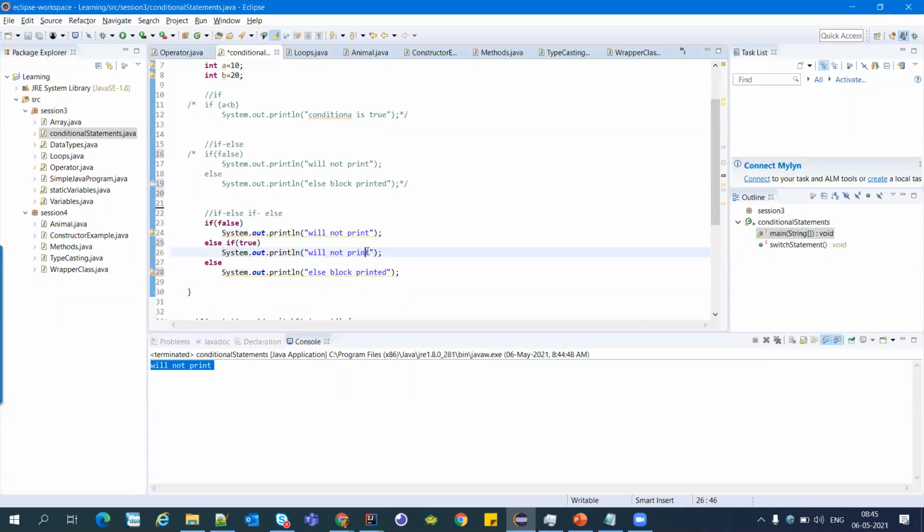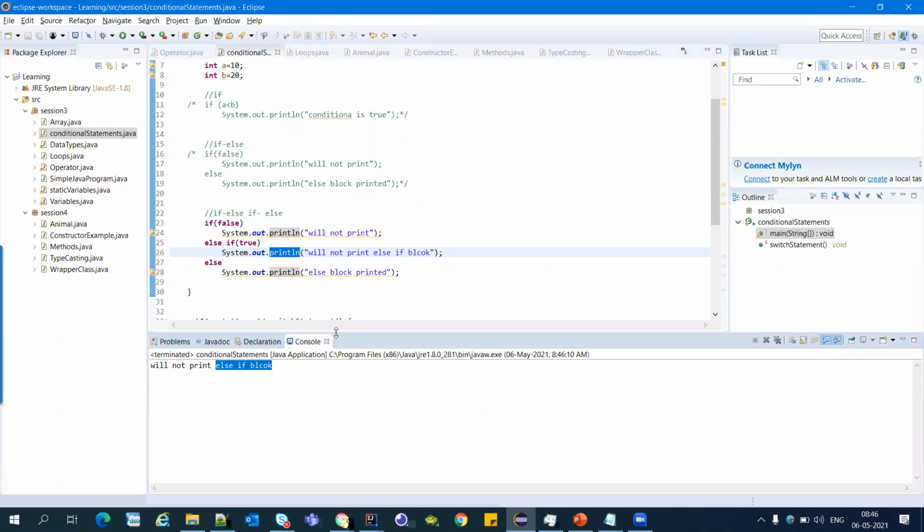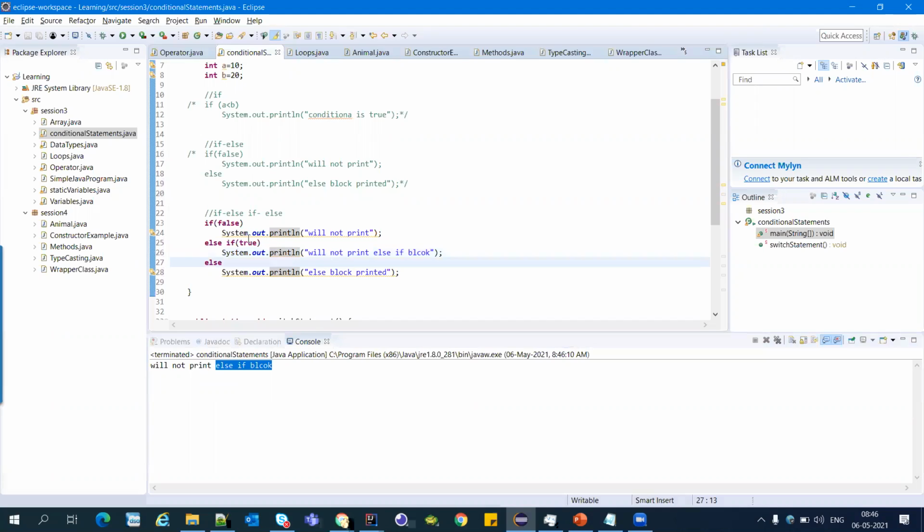If I make this else if block true, it will print this. If I make this also false, this should print the else block.